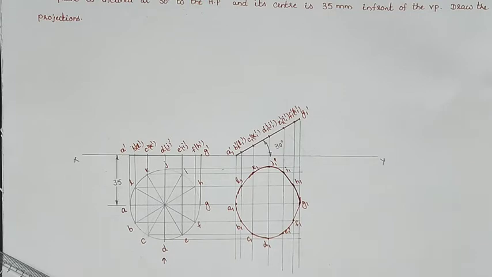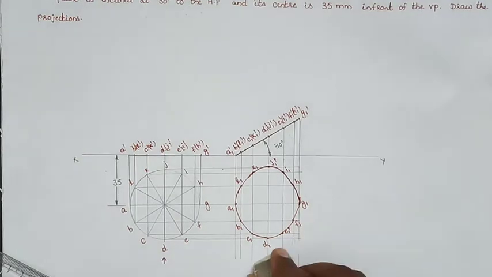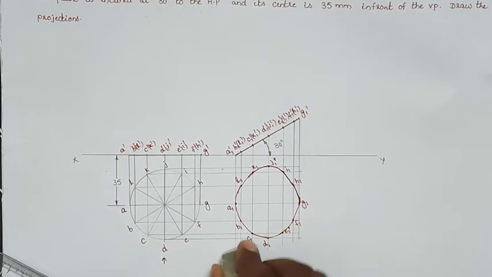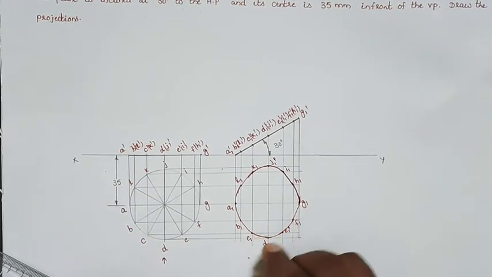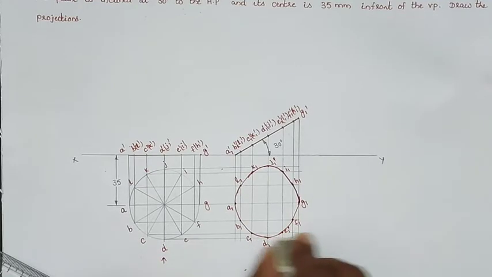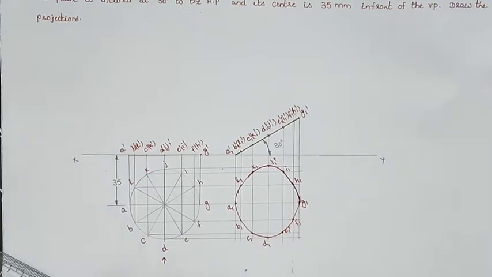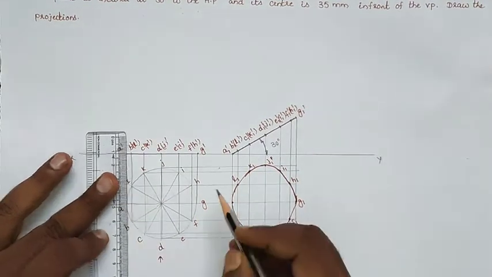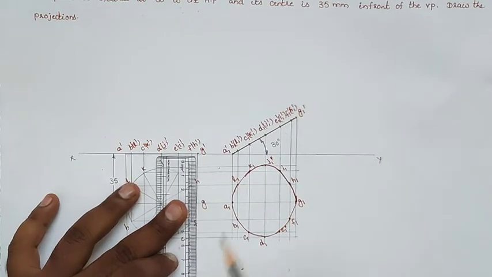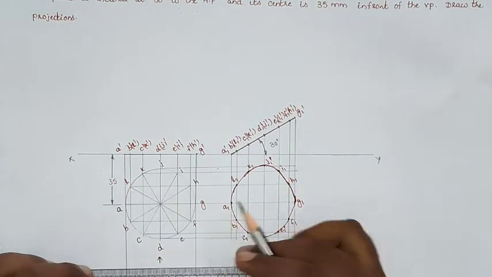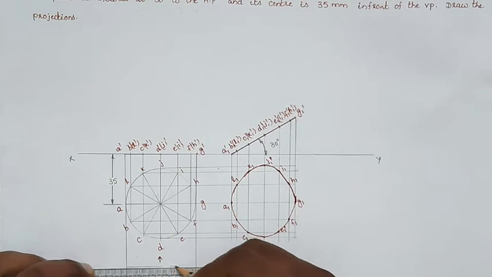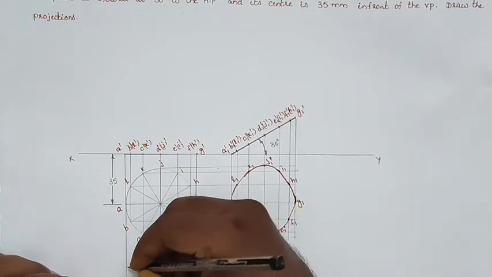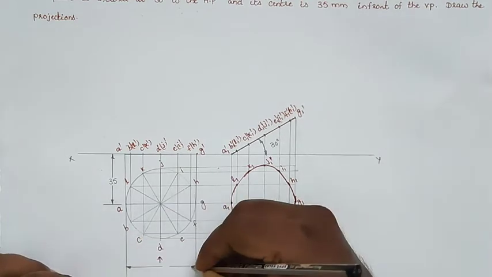Also draw the horizontal projection lines from the first top view and the vertical projection lines from the second front view, and we will get the final top view like that. So this is our final top view. After that we will give the dimensioning. So this circular lamina has a dimension, which is given as 50 mm.